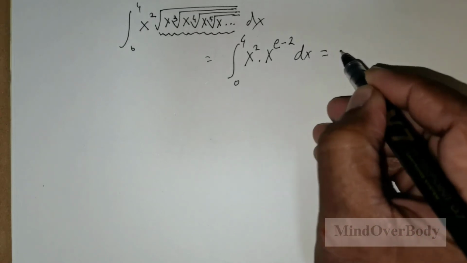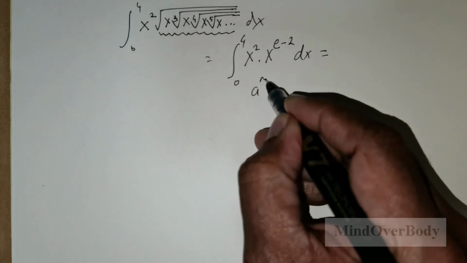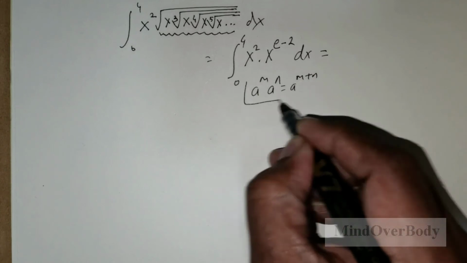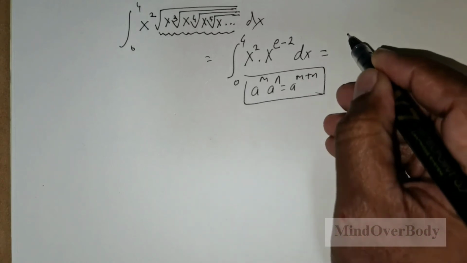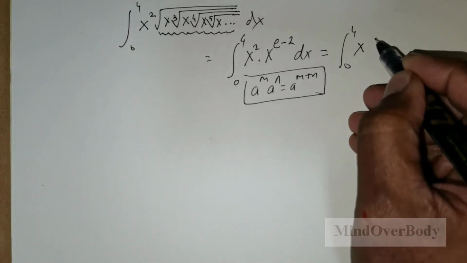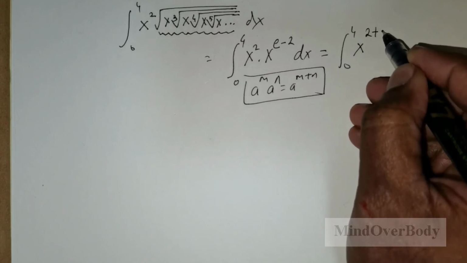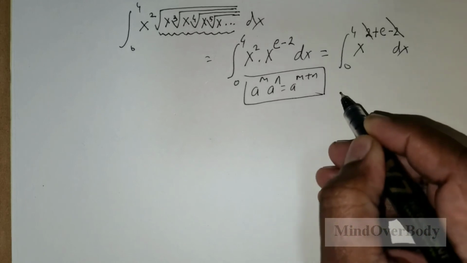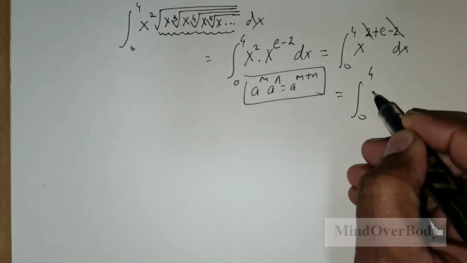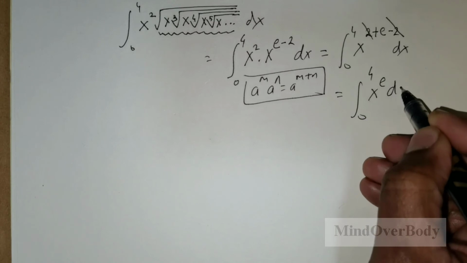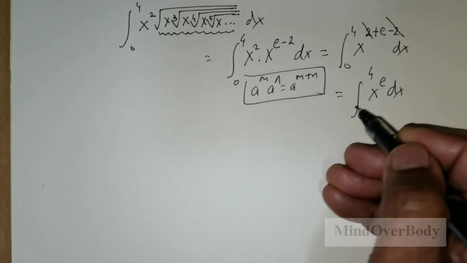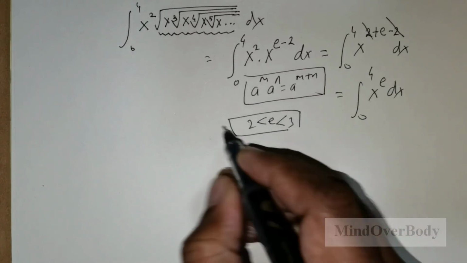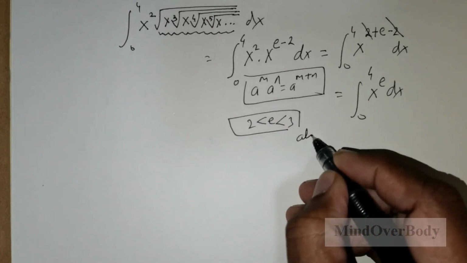Now we have known from algebra a to the power m times a to the power n is a raised to the power m plus n. Because of this fact, this is going to be integral 0 to 4 of x raised to the power 2 plus e minus 2 times dx. Of course minus 2 plus 2 can be cancelled, giving me integral 0 to 4 of x raised to the power e times dx. Now this is constant, e is a constant. We know that the value of e lies between 2 and 3, and because e is a constant, also we know